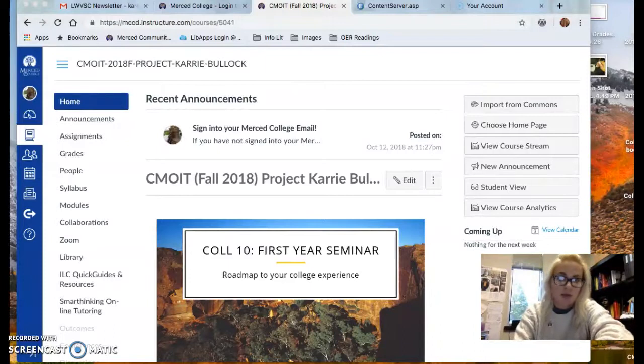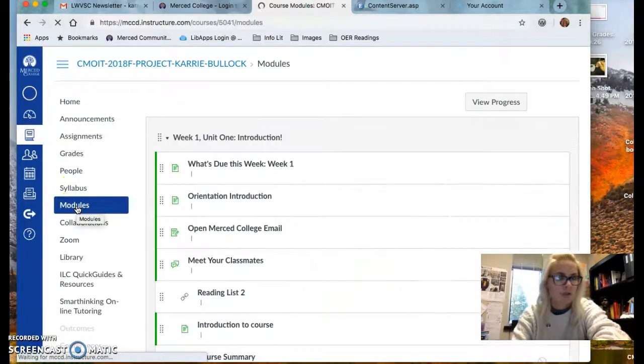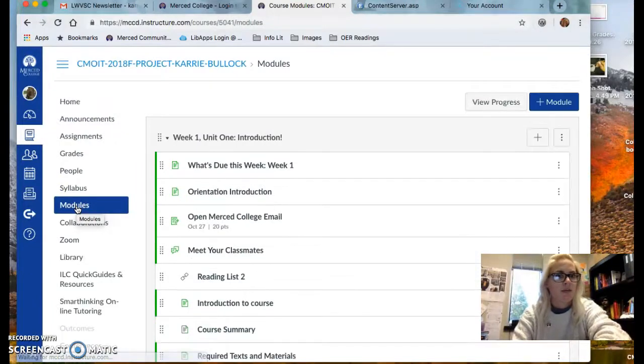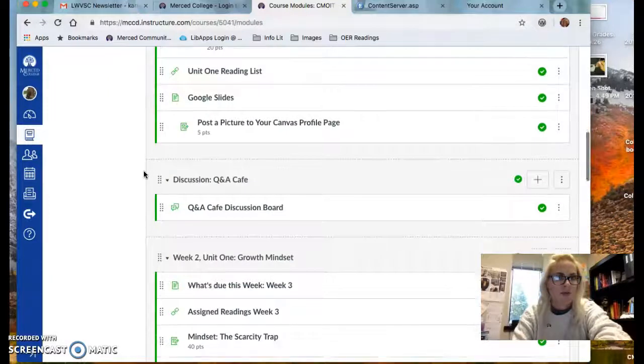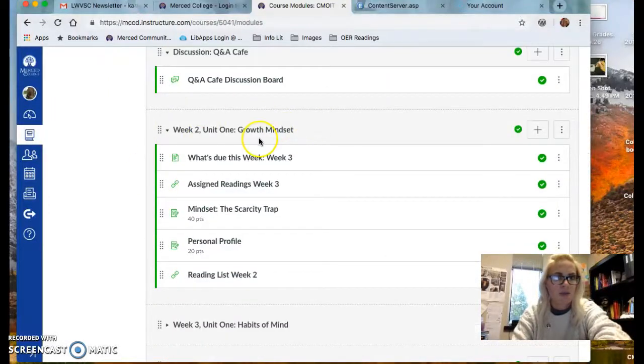Builder in your Canvas shell. It's an LTI, so it's pretty nifty and really easy to use, so let's try it out. So I'm going to start by selecting a module today, and I'm going to use my week 2 to build